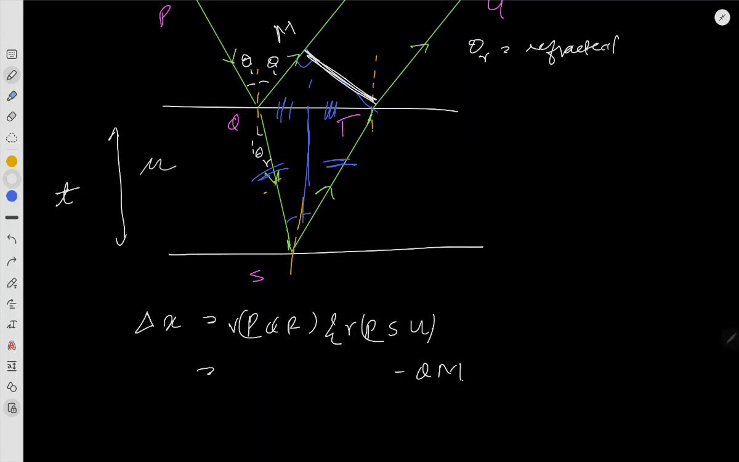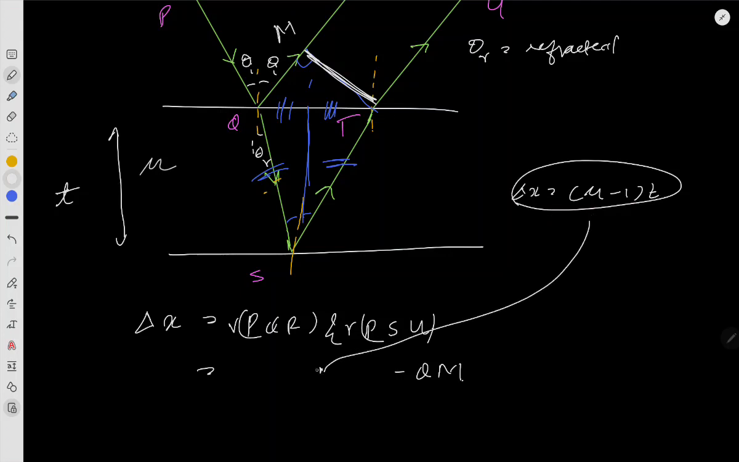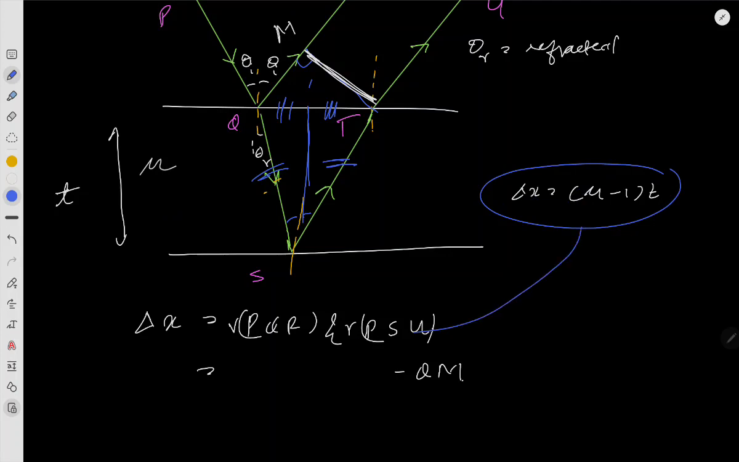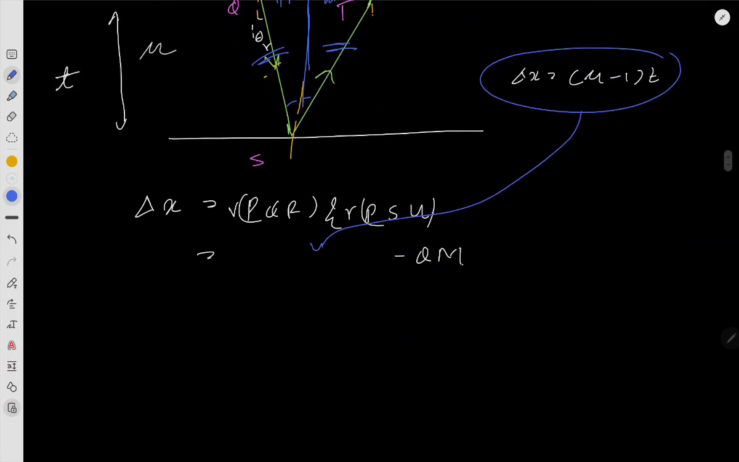So we know that while traveling from a slab, the path difference is (mu minus 1) times t, as discussed in the previous lectures. So we'll use that over here. I'll make the circle in another pen. Use that over here. And then we write mu times